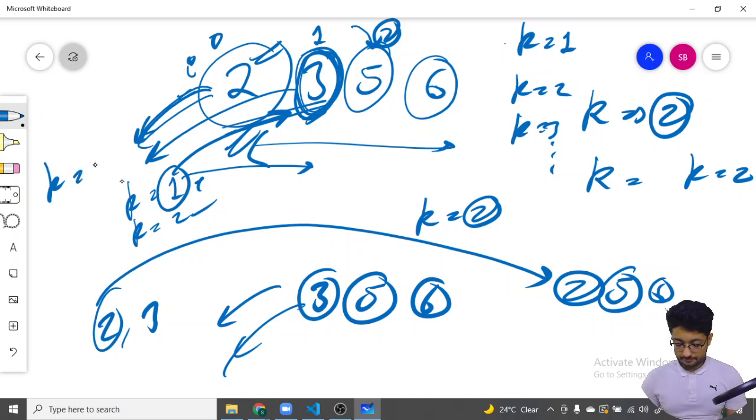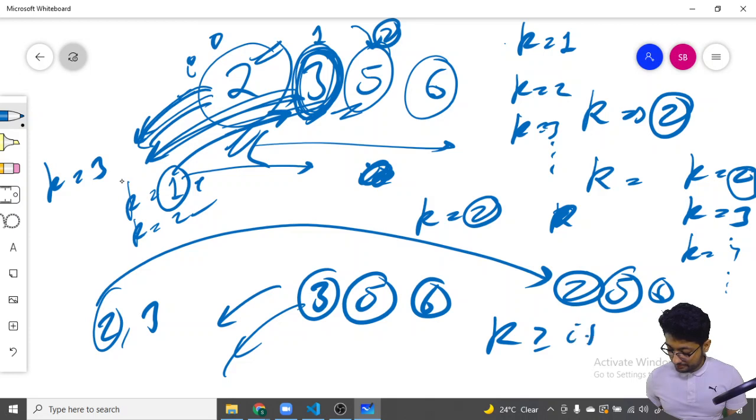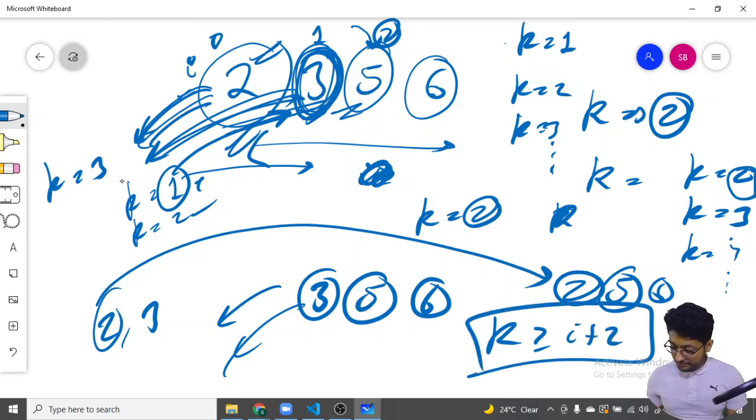For k equal to 3, I can pop out the first element, the second element, and bring this back. So for k greater than or equal to 3, I can do this. Similarly, you can check that for this element, k greater than or equal to 4, I can do this. So it depends on the particular element I am on, the ith element. If k is greater than or equal to i plus 2,